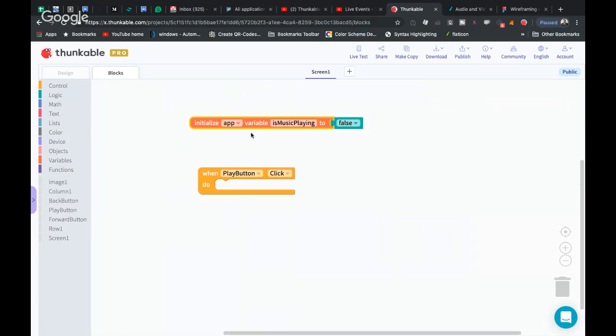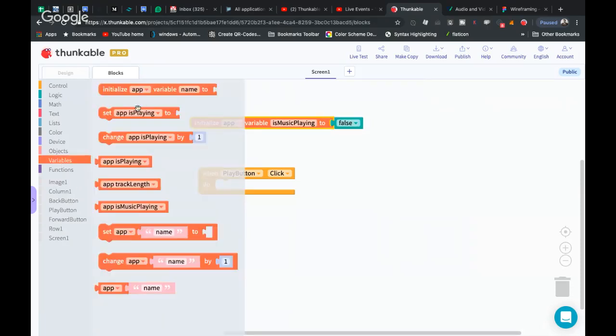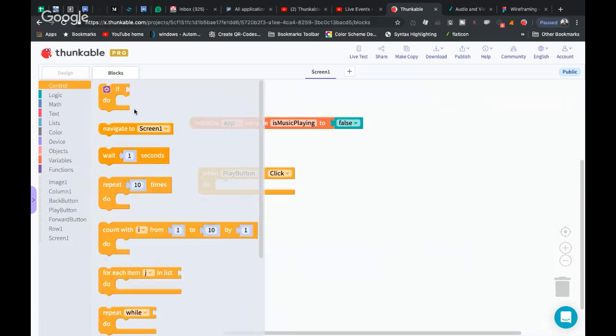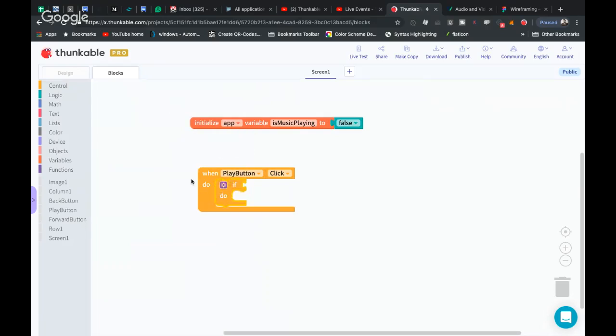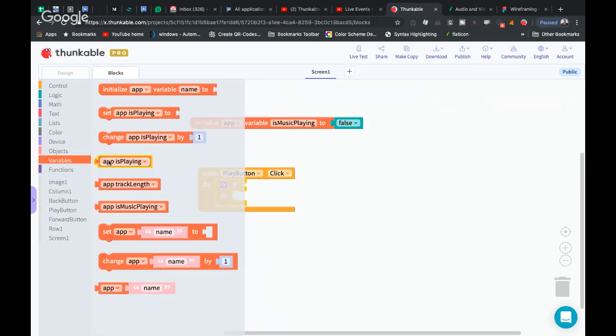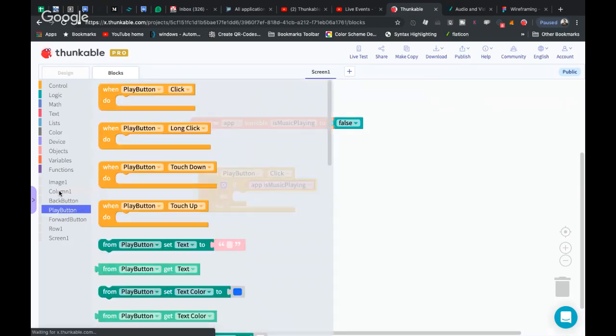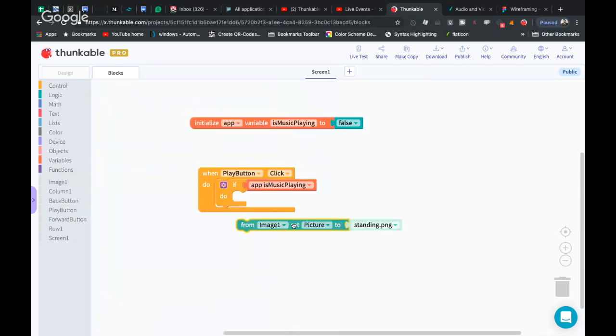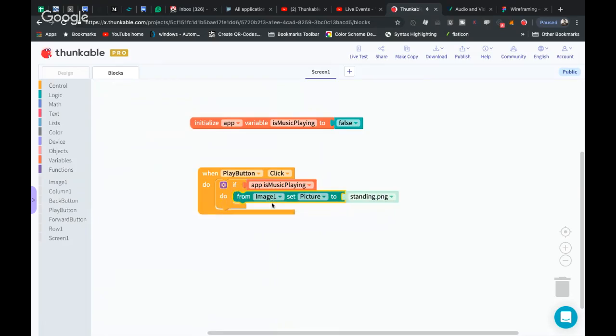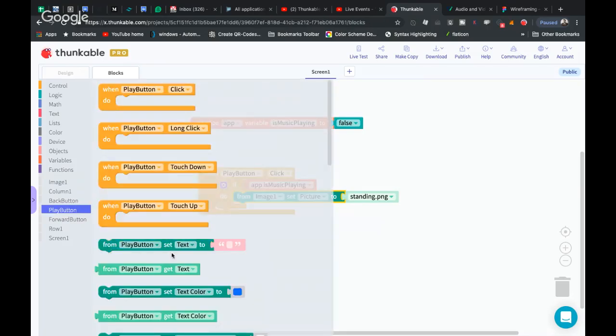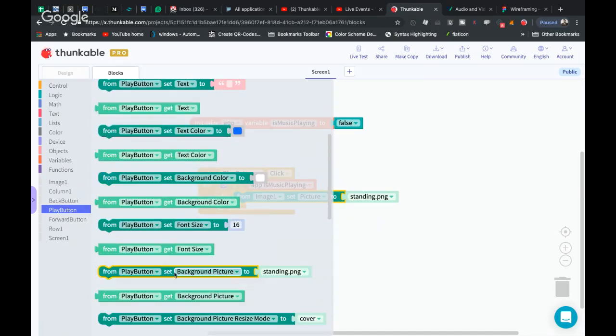So no, the music isn't playing, and what we can do then is do a check when our button is pressed. If the music is playing, then we're going to stop, and if it's stopped, then we're going to start it. So if music is playing, and then what we're going to do is check here, we're going to change the image picture. So if it's playing, we'll move it back to be stopped, and we'll change the button picture. Here's our play button, and we'll change that picture here, this,